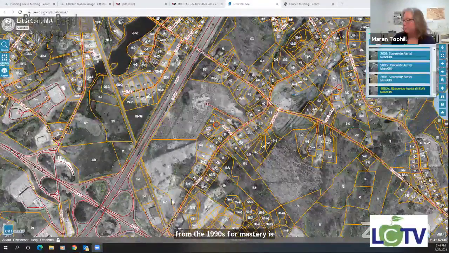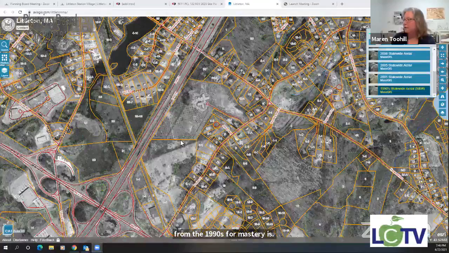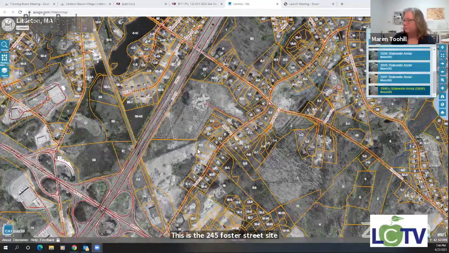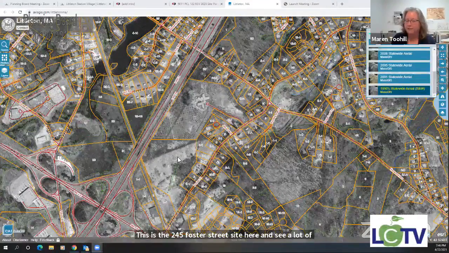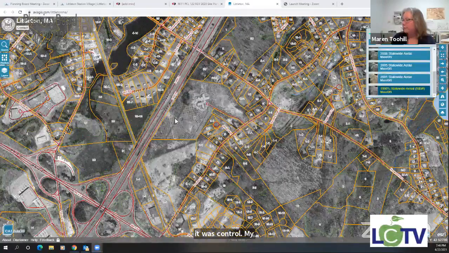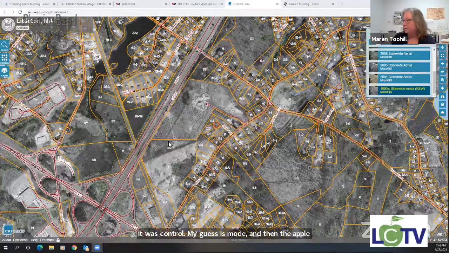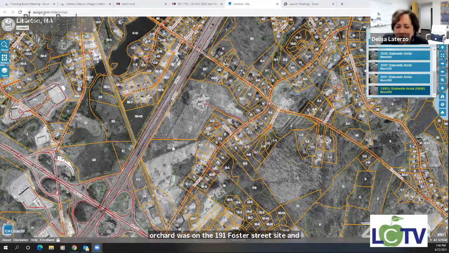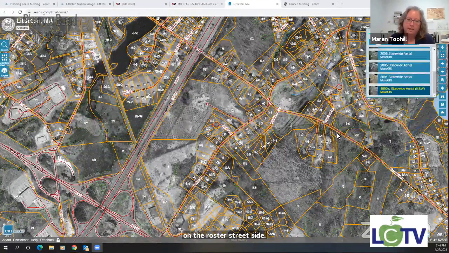This is the 245 Foster Street site here. You can see a lot of it was controlled, my guess is mowed. And then the apple orchard was on the 191 Foster Street site and somewhat on the 245 Foster Street site. So that was as recent as the 1990s. It was heavily used for